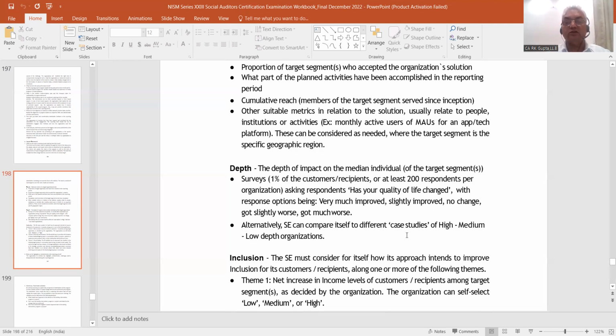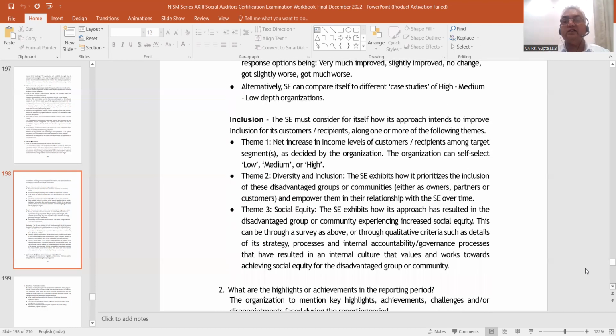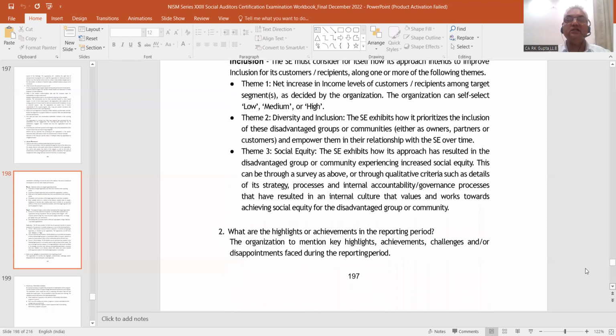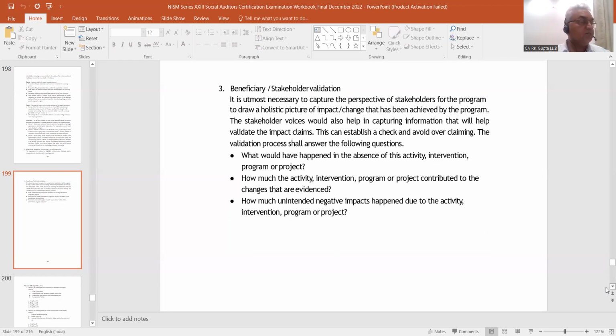ठीक है. Then inclusion, the social enterprise must consider for itself how its approach intends to improve inclusion for its customers, recipients, etc. ठीक है. जैसे थीम 1 क्या दे दिया, नेट इंक्रीज इन इनकम लेवल ऑफ कस्टमर. थीम 2 दे दिया डाइवर्सिटी एंड इंक्लूजन. फिर दे दिया सोशल इक्विटी और व्हाट आर द हाइलाइट्स, और फिर बेनिफिशियरी या स्टेकहोल्डर्स का वैलिडेशन के पॉजिटिव या नेगेटिव इम्पैक्ट. ये आपको देना है आपका ये जो है एनुअल इम्पैक्ट रिपोर्ट में. तो नाउ आई विल रिक्वेस्ट राजेश जी